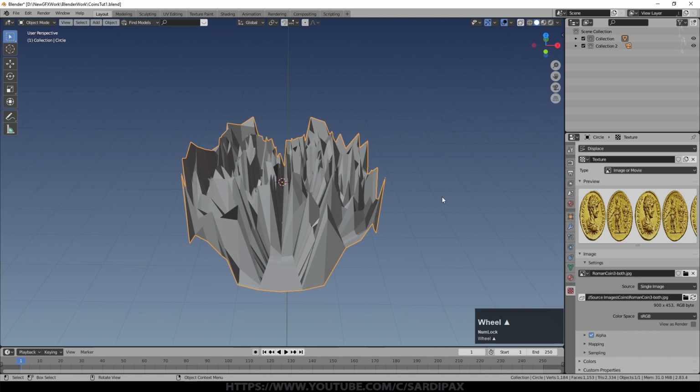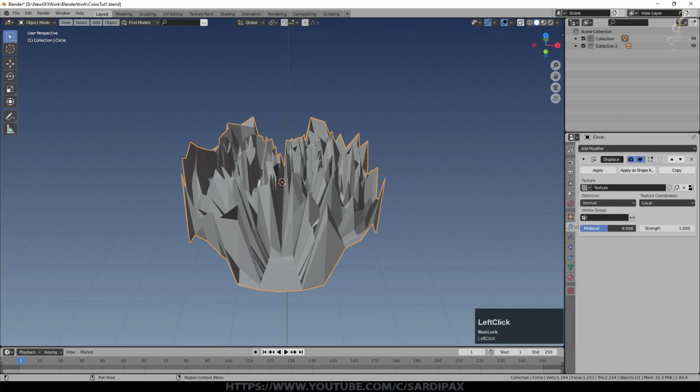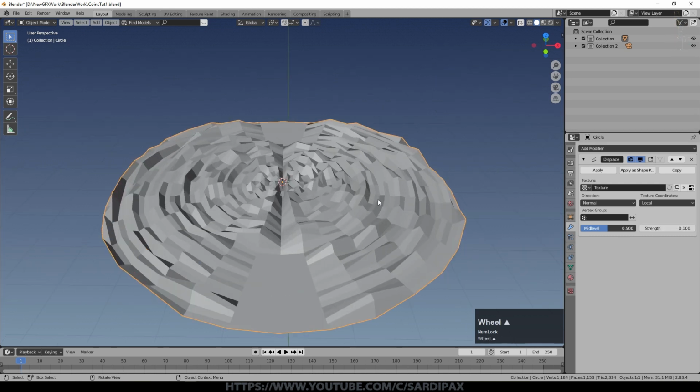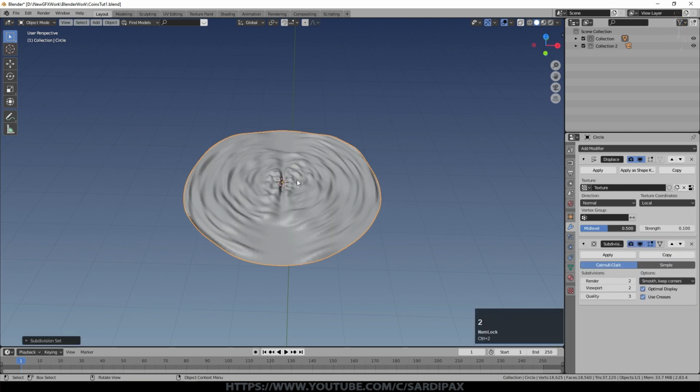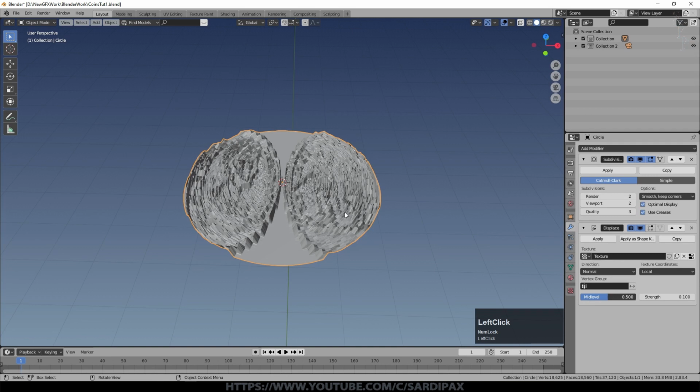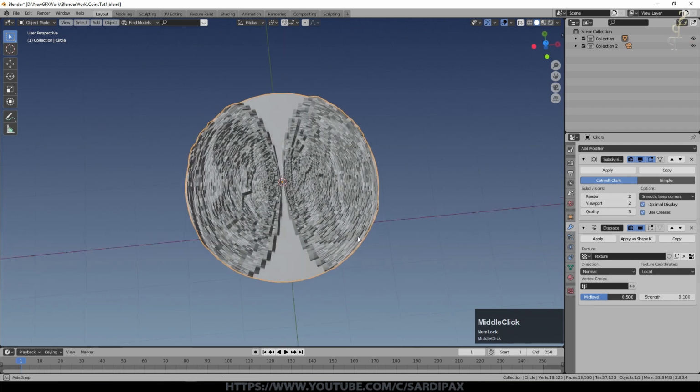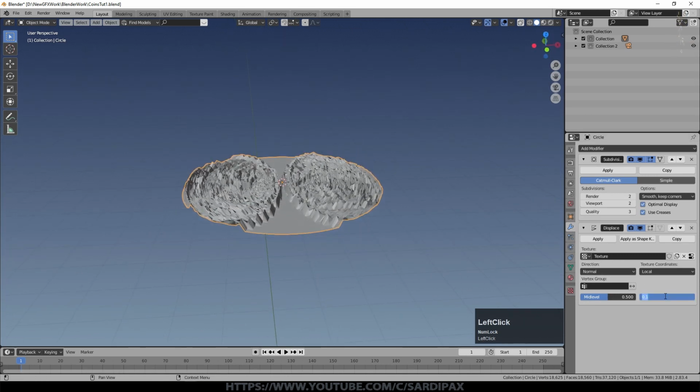So at the moment it's not looking too good. Part of the reason for that is because of the way it's mapped, but also because of the strength. So we'll go back to the modifier and we'll turn the strength down a long way. We'll go for 0.1 to start with, so that's more reasonable. But you can see there's still not enough geometry in there. So I'm going to press Ctrl 2, which will add a subdivision surface, but that's just smoothing out what we've already got. So I need to put it above my texture. Now you can see it's starting to show the detail. I'm going to go for 0.05 strength now, I think.